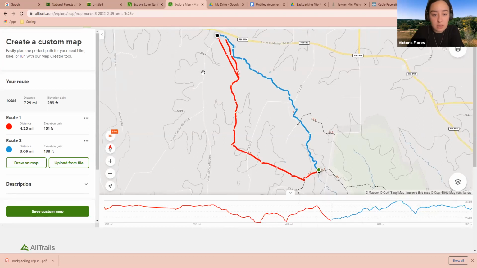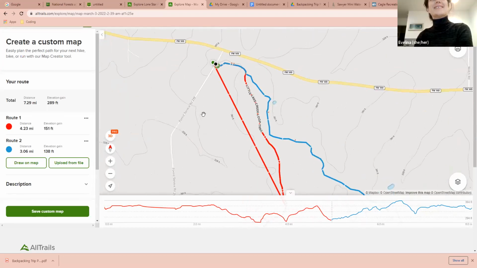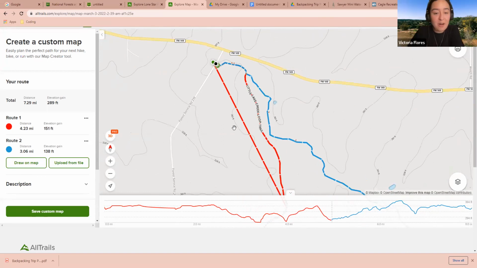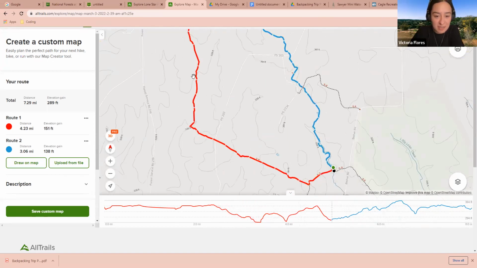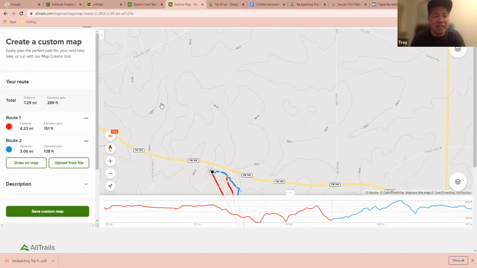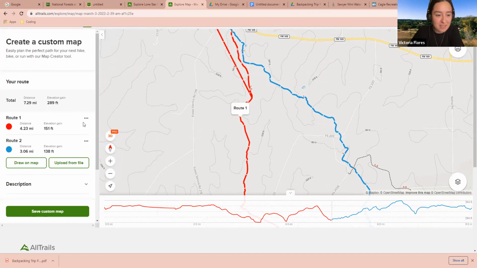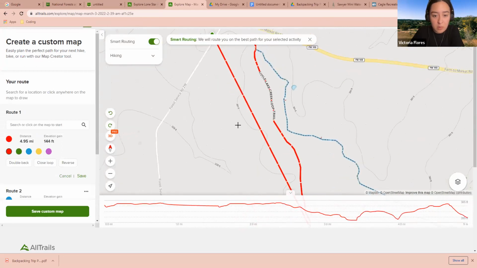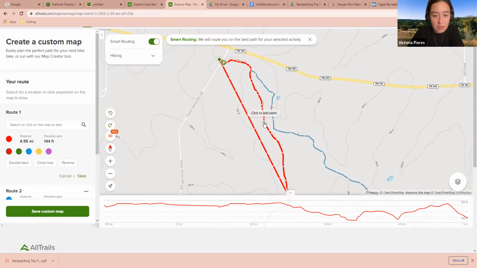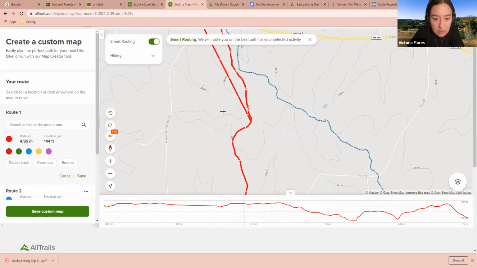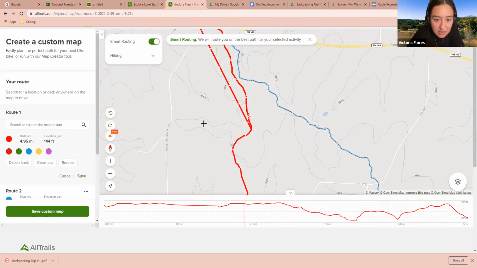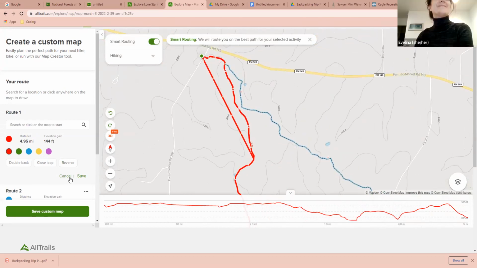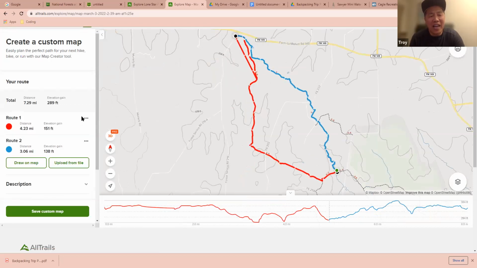Awesome. So let's see. Oh, what happened to the red there? I don't know. It wasn't there before. Oh, it probably closed the loop for the red as well, maybe. Yeah, it closed the loop for Route 1. Okay, so we're probably going to have to fix that. It doesn't look like it added that much mileage, but I don't know. So maybe we can do edit and see if there's a way to remove that point. If not, we can just leave it there for now. Yeah, we'll leave it there for now. I think it just added about a half a mile. That's all. Okay.